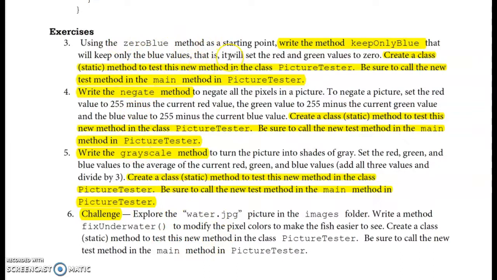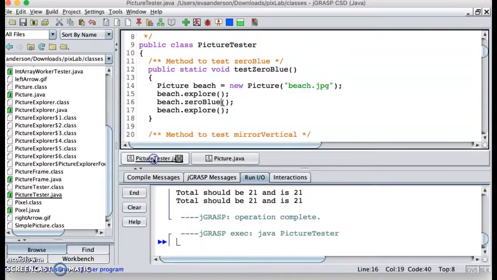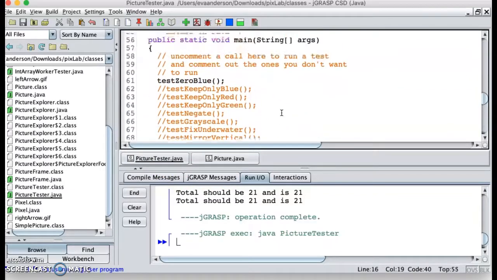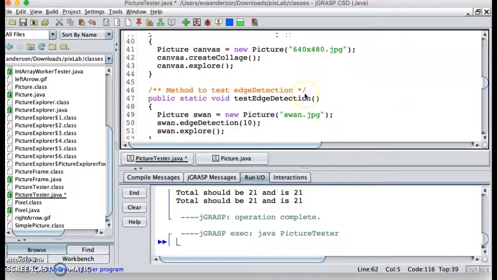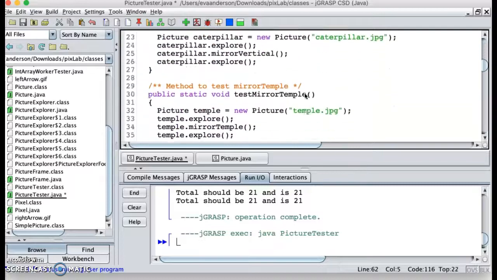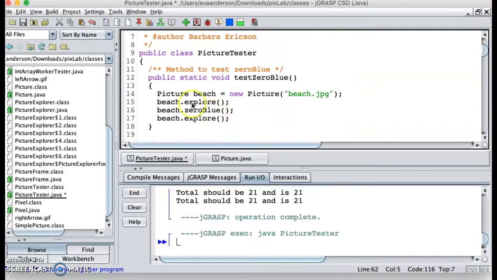I think that's what it said in the course materials, where now you're going to write a method called keep only blue. If you go back to that code, you're going to see a lot of things set up. If you go to the tester and go all the way down to the main, you're going to see there's something that will test the keep only blue method. If I uncomment that, then I have to see if I have a test keep only blue, and you see you don't, right? So what you can do is copy this to be test keep only blue,